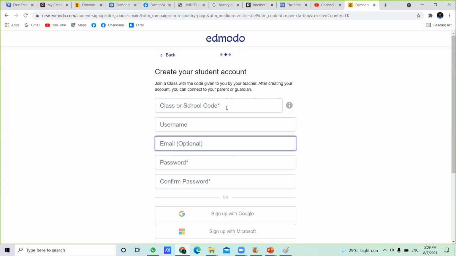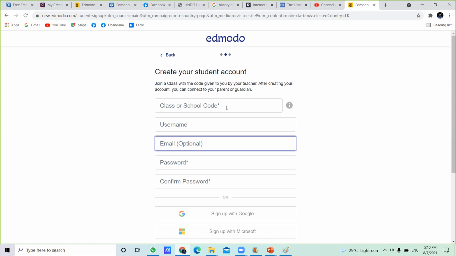Once I give this class code to you, keep it in a secure place, because do not give this code to anyone else. Once you give this code to others, they can join your class. Then they can share anything, unnecessary things, and whatever they like, once you share this code with external people.